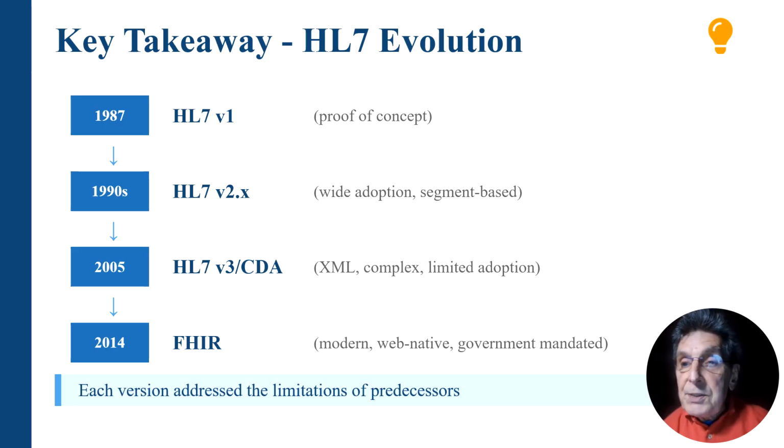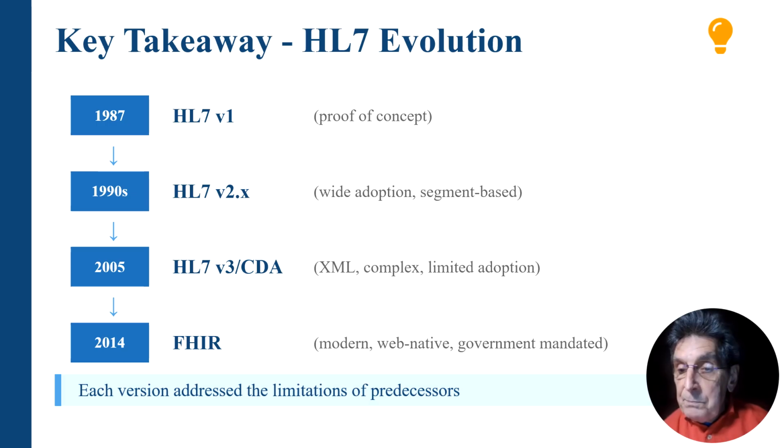So let me summarize the evolution in a way you can remember. In 1987, HL7 V1 arrives just as a proof of concept. It worked, but it was quite limited. In the 90s, HL7 V2, in its various versions, achieved wider adoption with its segment-based approach. It is practical, implementable, and solves real problems, but it lacks a formal data model, which leads to variability between